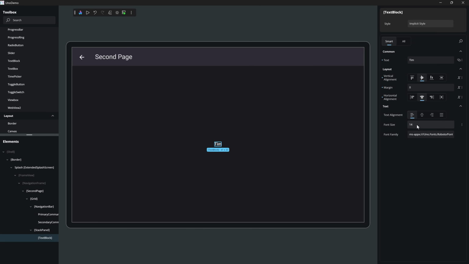Let's select Tim. And notice that the font size is 14. That's way too small. We want 36. Well, now it says Tim. Woohoo. So we've got something that is a bit better. And by the way, this text right here,